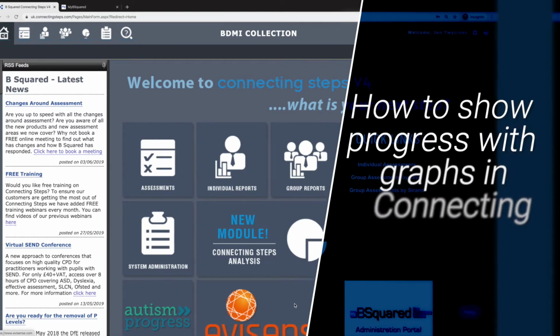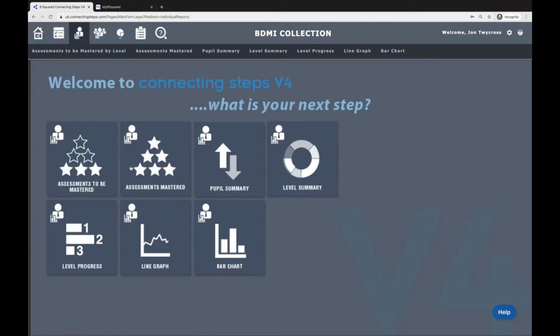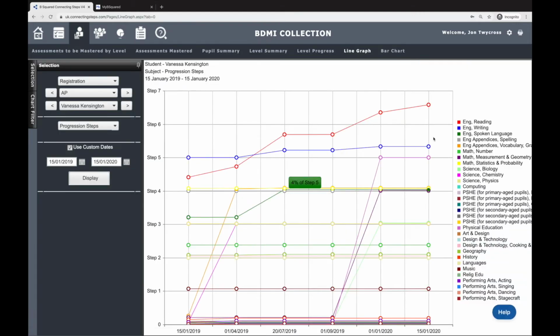You've got several graphs at your disposal. The main ones you're going to be using are within the individual reports. So if I go to that section, you'll see we've got line graph and bar chart. If I go to the line graph, it will now display a graph for all the subjects that you have switched on, which is a lot,